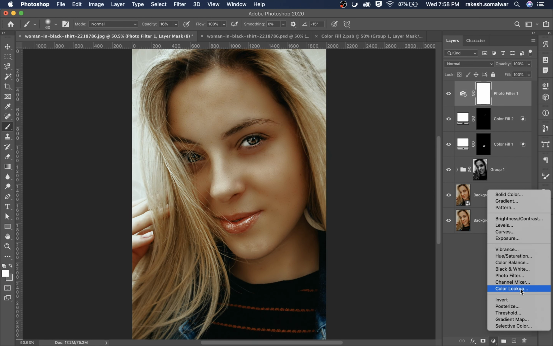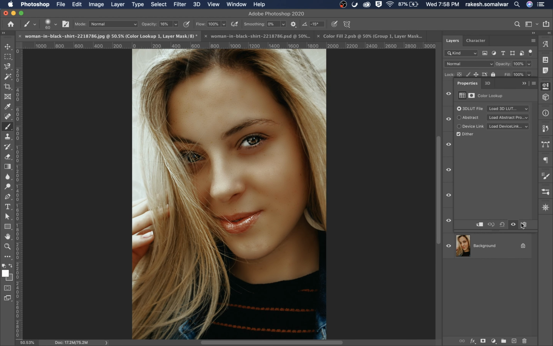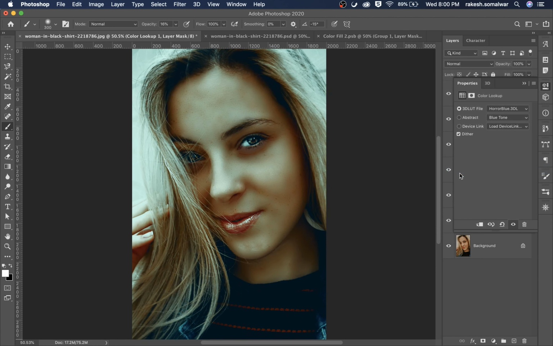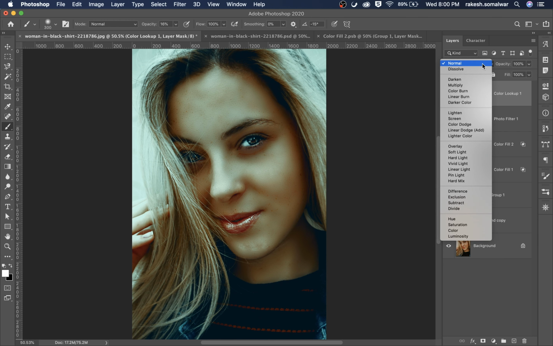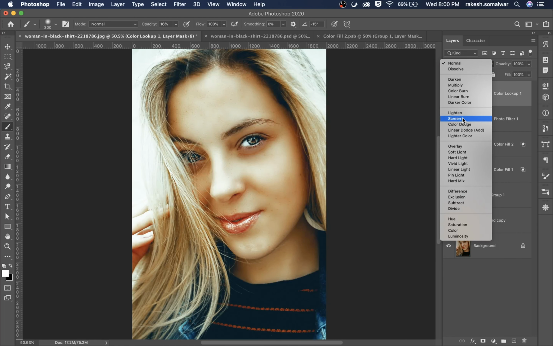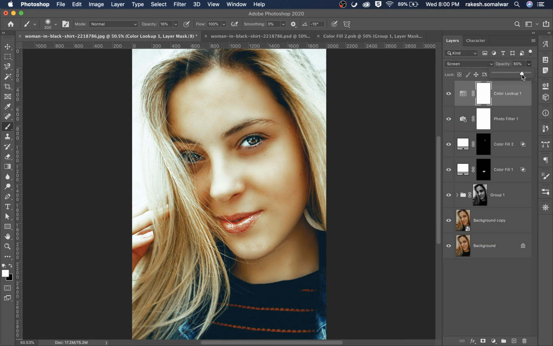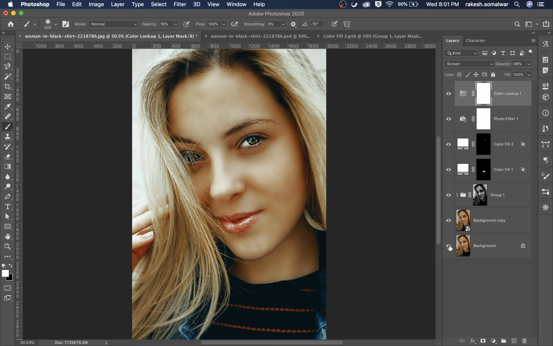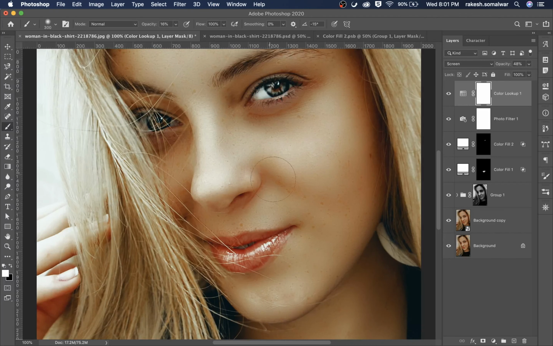Yes, little greenish effect. I go to color lookup. This horror blue tone is perfect. I just select it, go to screen, adjust the opacity. Original, and with color. This is fine for me right now.